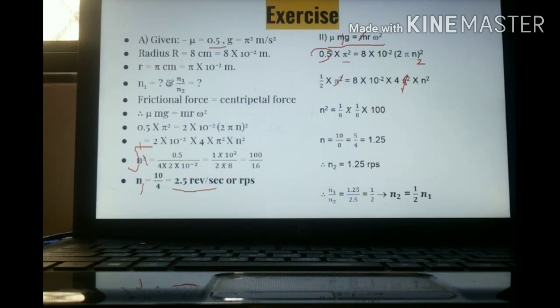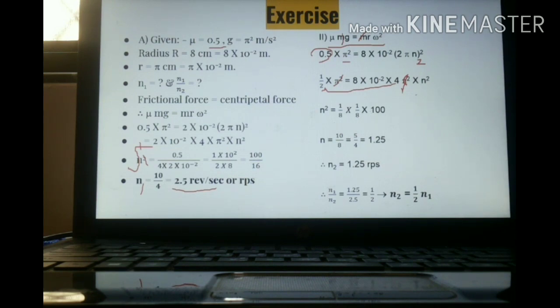So 1 upon 8 we have got this. 4 2s are, now we will be multiplying 4 by this 2. What will this become? 4 2s is 8. So therefore we have got 2 1 upon 8. This is 1, this 8 is going over here. So we are getting 1 upon 8. And this 4 is multiplying by this 2. So we are getting another 1 upon 8 into 100.